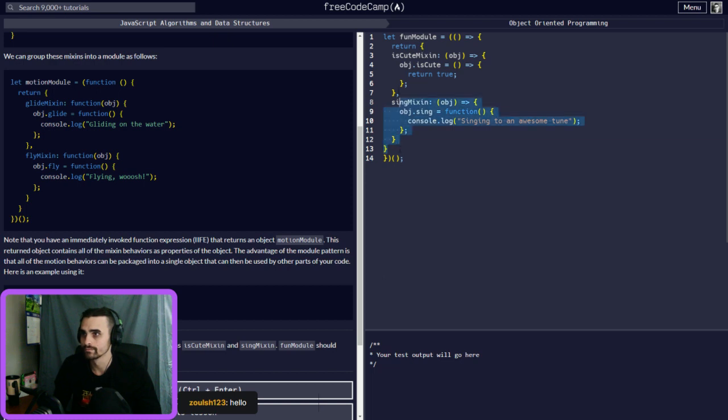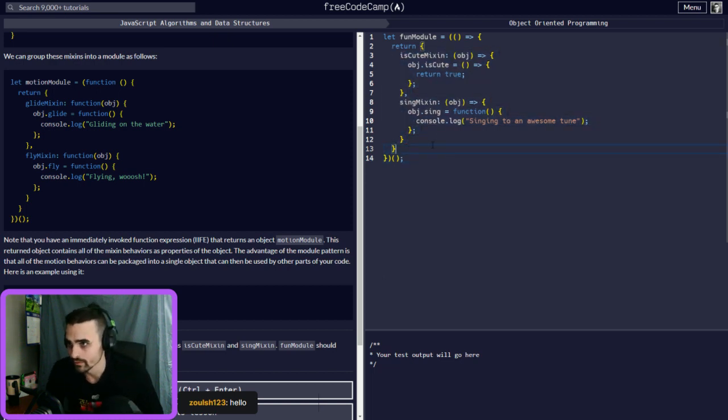There we go. Because we have to return this right here, because if this was an object, then you can't do this. It makes it as individual strings.